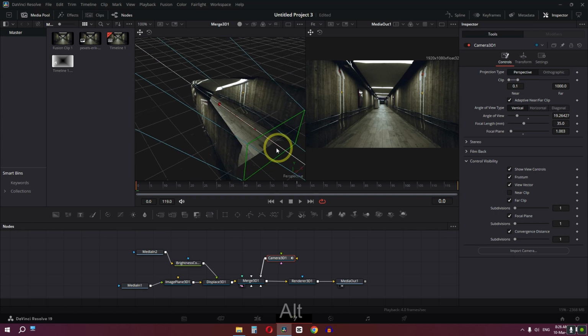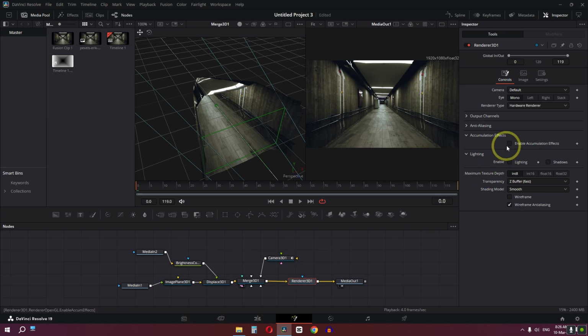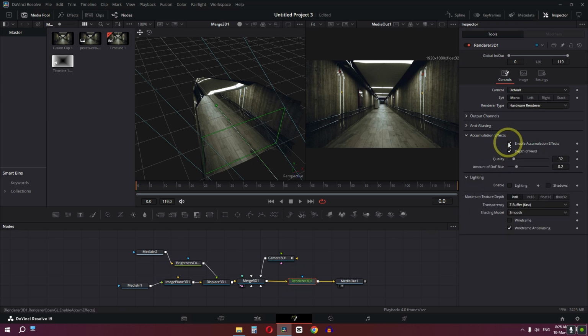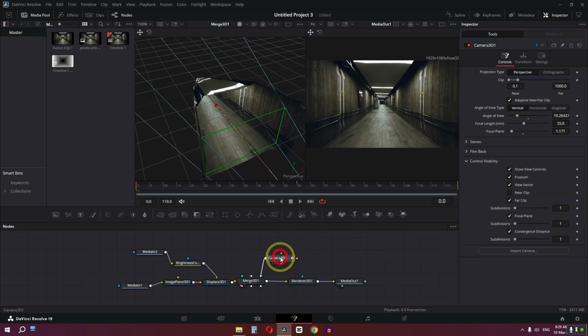And as you can see, we have the focus on the ground. Now check this. I'm going to go to the render 3D and enable the accumulation effect. And once you enable this effect, as you can see, we have to push this focal plane even further. So I'm going to uncheck this, go to the camera, and push this further to about right here. When the focal plane intersects with your scene, then it means you are in focus. So I'm going to place my focal plane to about right here because it is now intersecting with the scene